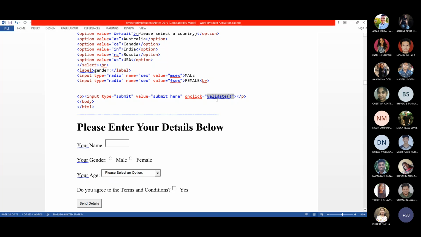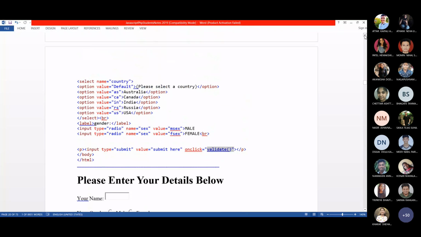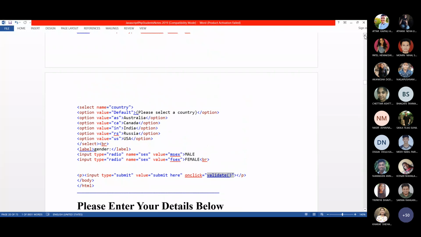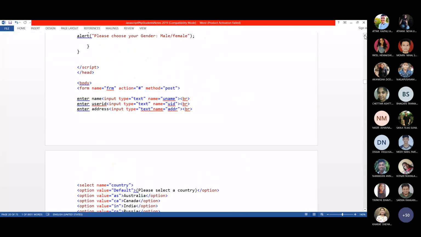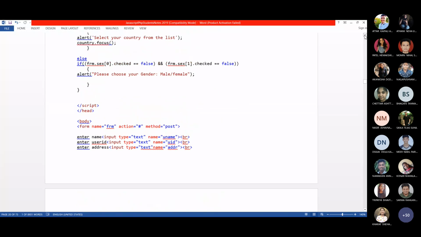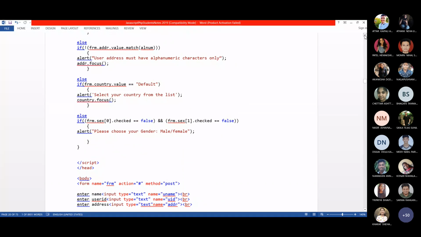But when should this function be executed? When I click the submit button, the JavaScript validation code should start to execute. I have written the validation code within the validate function, the user defined function. You already know how to create a user defined function in JavaScript.